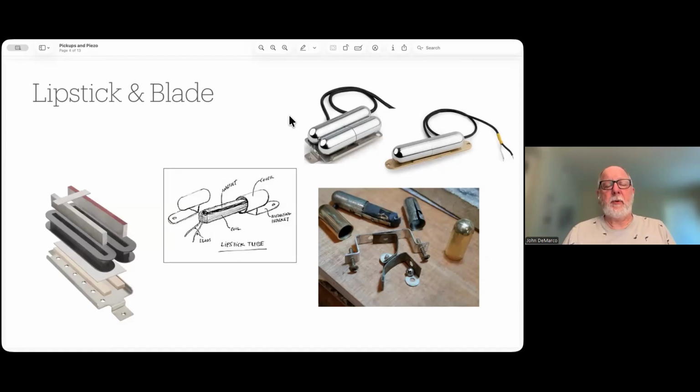Oh, by the way, let me just throw out one more type of pickup that we see on electrics quite often, and that is lipstick and blade. They're both internally very similar to each other, where the coil is wrapped around the bar magnet itself. And you can see in the lower right-hand corner one that's been taken apart by somebody, as well as the diagram in the middle on that lipstick. And then if you look at the drawing of the blade, we see a lot of those now, on higher